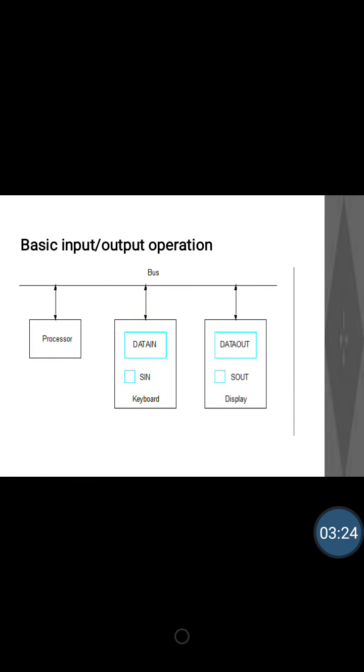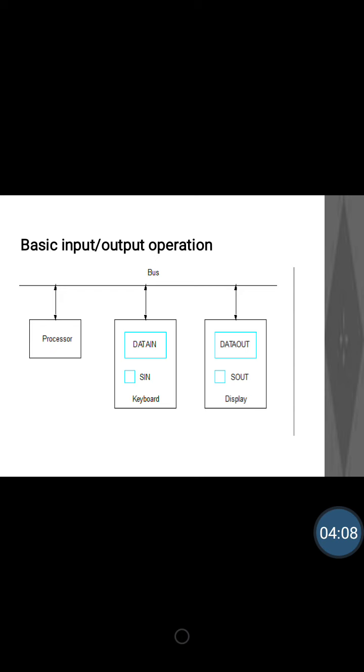What solution is there to synchronize the speed of these devices? Will it be fine if I leave the difference in speed as it is? No. Whenever the keyboard is typing, the processor will waste its time waiting for the inputs, since taking characters from the keyboard takes more time. The processor will send characters to the display much faster, but the display can display only a few characters and many may be lost. So there should be a way to synchronize the speed of the processor, keyboard, memory, and display devices.